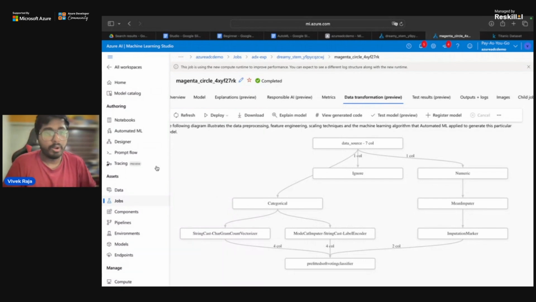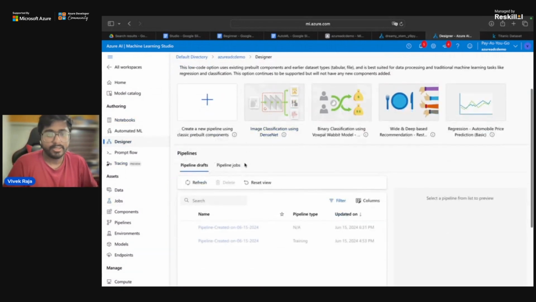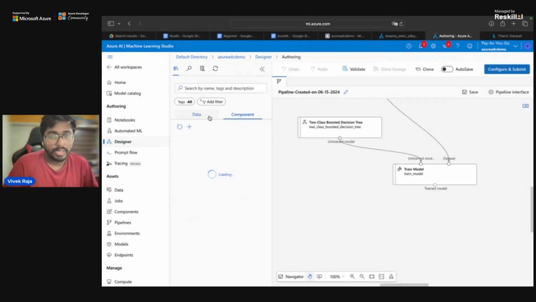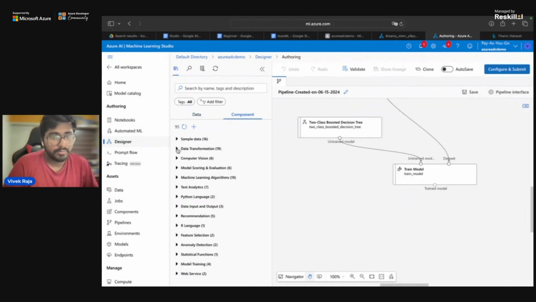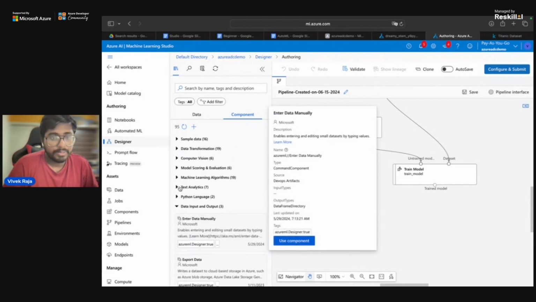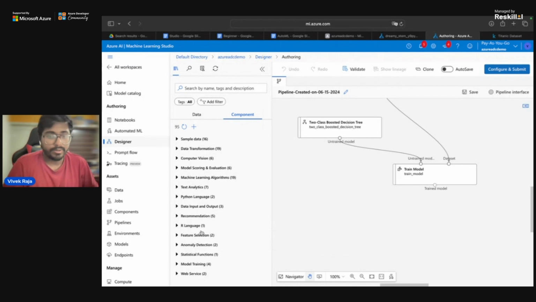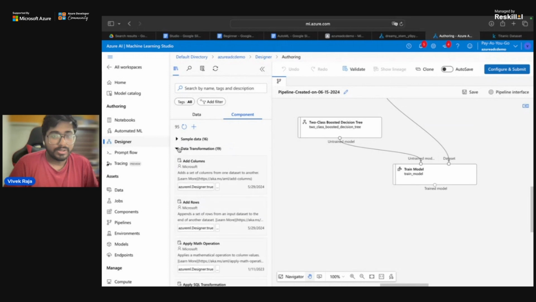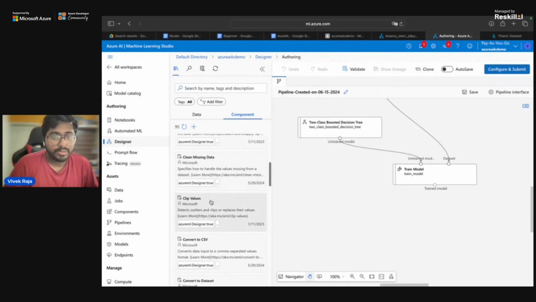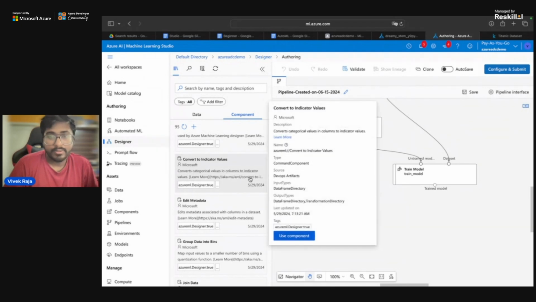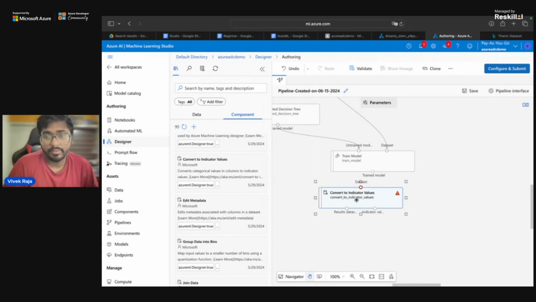I was searching for one-hot. Let's go and see if it is there in the designer, if we had missed it. That should be in transformations, I suppose. Yep, it should be there. Let's try it and figure it out because I'm quite curious about that today. Cool. So we have SQL clean, convert to dataset, convert to indicator values. Yes, pretty much that's what we were looking for.